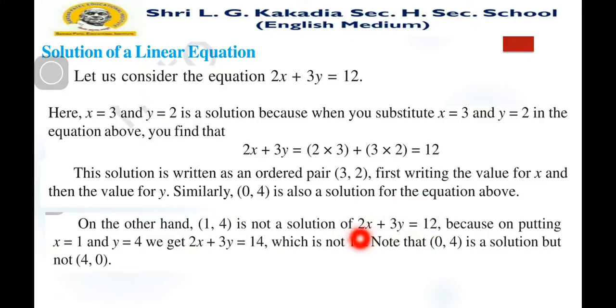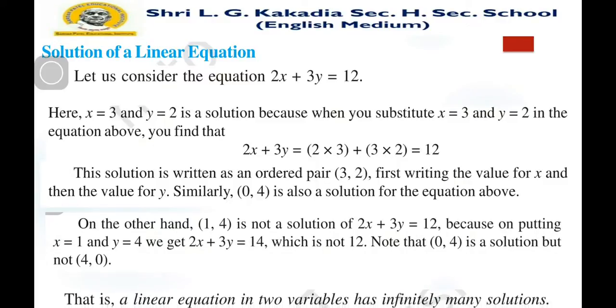So 4 comma 0 is not a solution of the given equation, but 0 comma 4 is a solution of the given equation. Select any value of x randomly, and according to x you select the value of y and put it in the linear equation, and if you find it is equal to 12, then it is a solution of